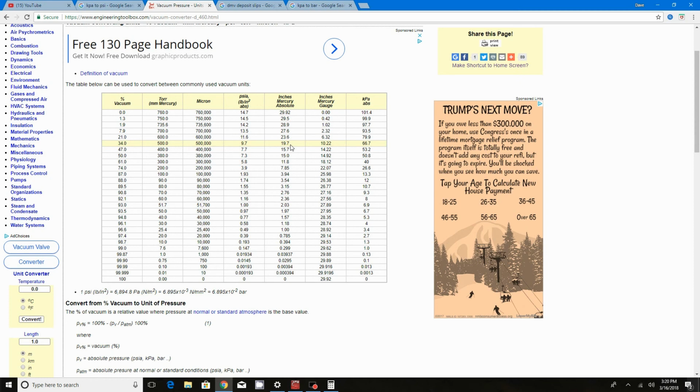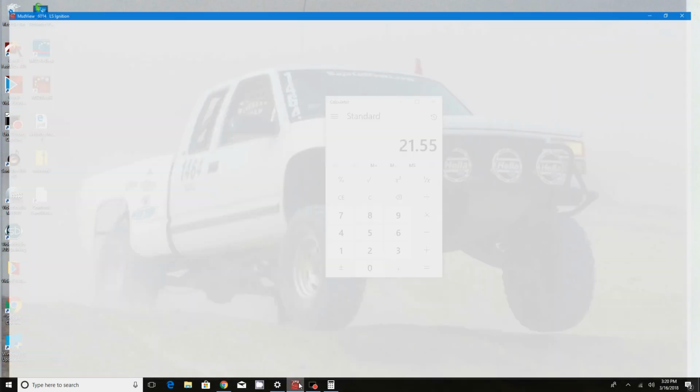That's, like I said, every engine's different. Some might have a vacuum of 15 inches of mercury. Some might have 19. Some might have 10. It's all going to be determined on your cam profile and a bunch of other variables that go into that. But for the most part, this is where you can set up your graph